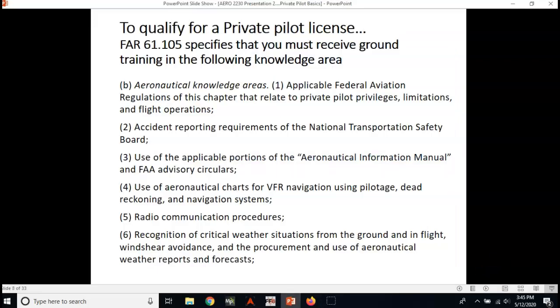To qualify as a private pilot, a student pilot must receive ground training in the following knowledge areas: the applicable federal aviation regulations as they apply to private pilot privileges, limitations, and flight operations, accident reporting requirements of the NTSB, or National Transportation Safety Board, use of all applicable portions of the Aeronautical Information Manual, or the AIM, use of aeronautical charts for VFR navigation,